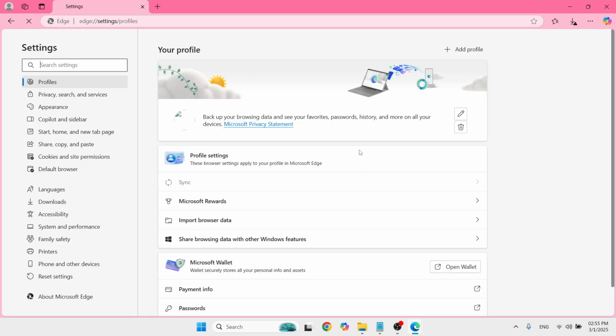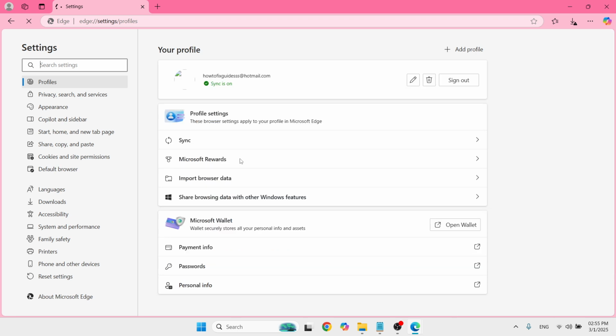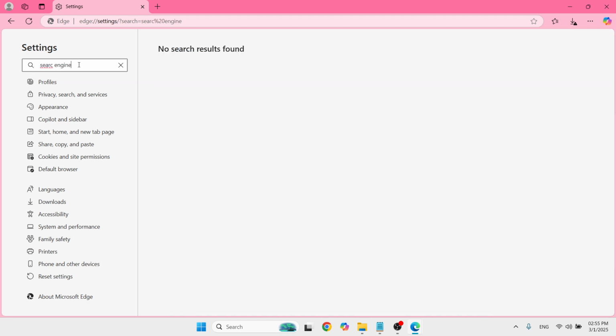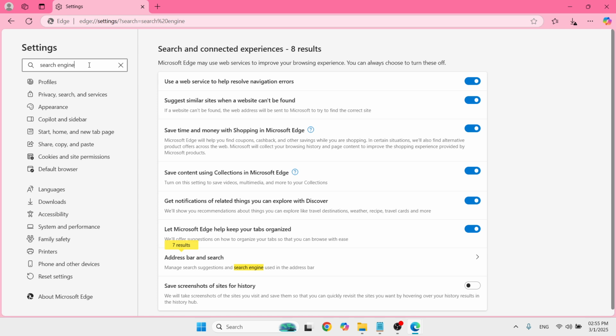Okay, so once you're redirected here to the settings of Microsoft Edge, you need to use this search toolbar and search for search engine. Okay, so once you've typed it, wait for the results to appear. So let me just edit here since I had a typo while typing. Okay, so it is search engine, and the moment you click on enter, you would be able to see a